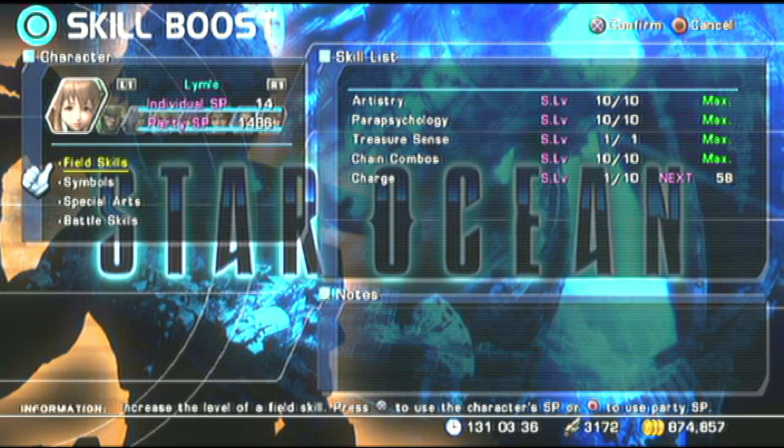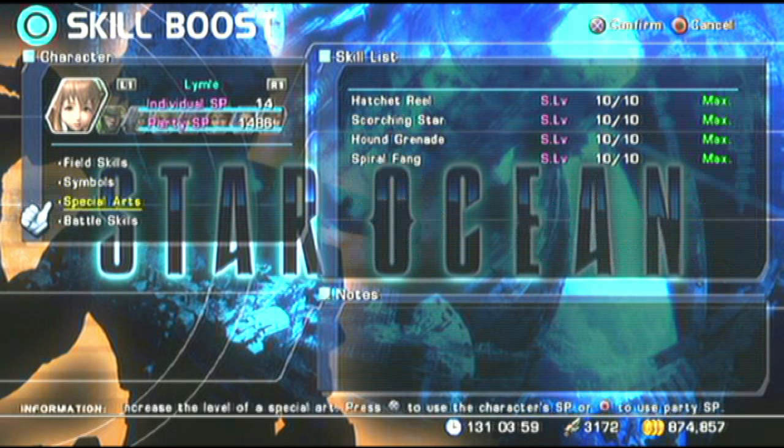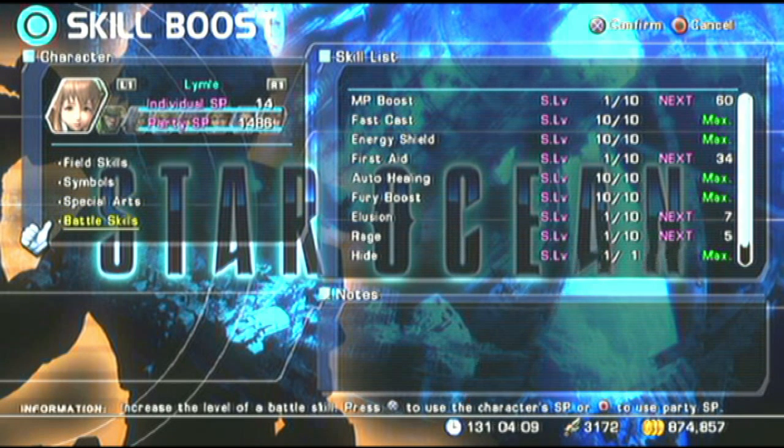Eventually, when I get more party SP, I might, when I get like 2,000 to 2,500. I did max out most of her actual attack symbology, and I maxed out all of the ones that she has with Cerberus, at least for right now. As her skills, maxed out fast cast, which I'm gonna probably need with her. So energy shield, auto healing, fairy boost,